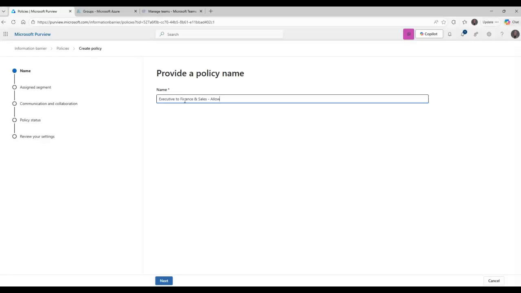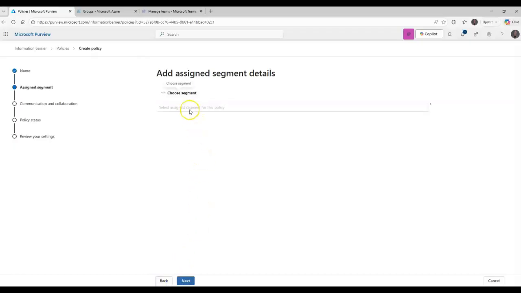Now this is assumed, but you could do a one directional. So I could say executive could communicate with finance and sales, but not the other way around. I could do that. But I'm going to say executive finance sales, and I'm just going to show you what's a little bit different here on an allow policy.